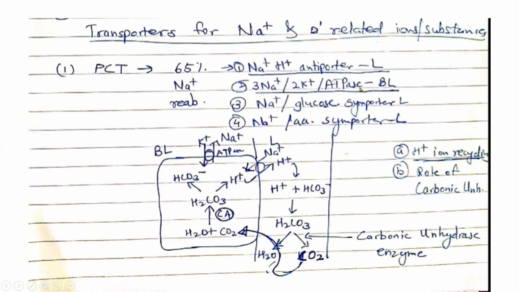This is very important. What it does, 3 sodium molecules are expelled out of the cell, 2 potassium molecules are coming in, and this is happening everywhere along the nephron, almost all the cells. So let us enlist. Sodium takes along glucose, so a sodium glucose importer is present, which is not shown here. A sodium amino acids importer is present, again not shown here. Our interest lies in this.